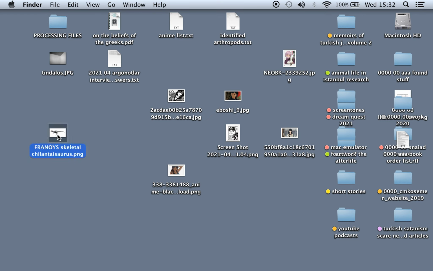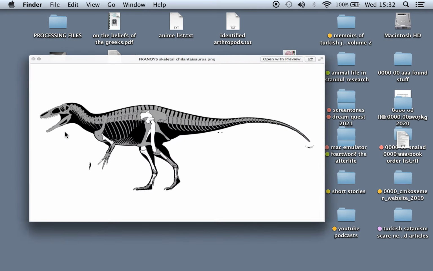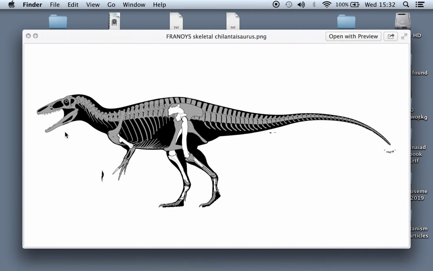Anyways, okay, for today's artwork, I picked up a skeletal drawing by the very talented DeviantArt user Franoys. His or her link or their link is in the description. Please visit it, franoys.deviantart.com, and thanks in advance for this really nice skeletal drawing of a predatory dinosaur called